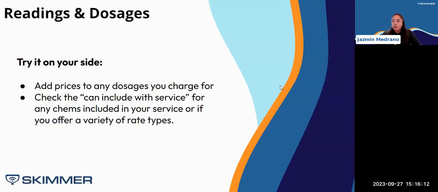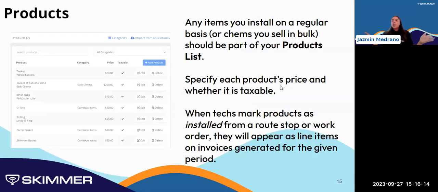All right, moving along. So we're going to talk about products. Products is exactly as it sounds. Any item that you install on a regular basis or any chemical that you sell in bulk should be part of your products list. So anything like a skimmer basket, pump basket, O-rings,